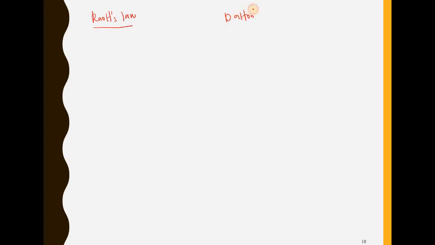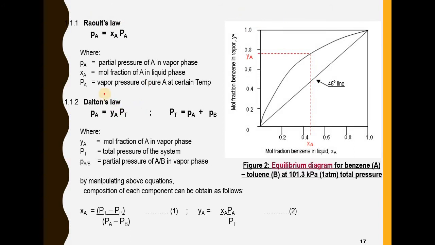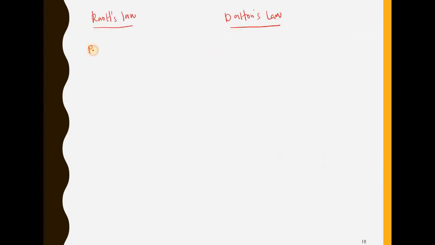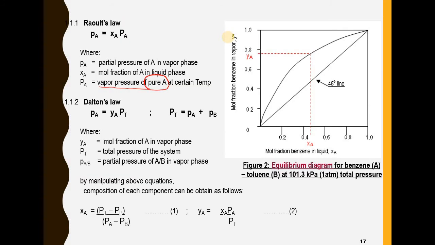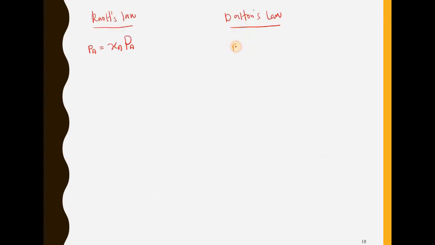Dalton's law. For Raoult's law, we consider the vapor pressure of pure A. The partial pressure of A, small p, is equal to the mole fraction of A in the liquid times the vapor pressure of A in pure A, at a certain temperature. While for Dalton's law, the partial pressure of A, small p,